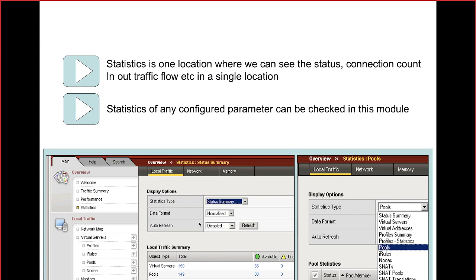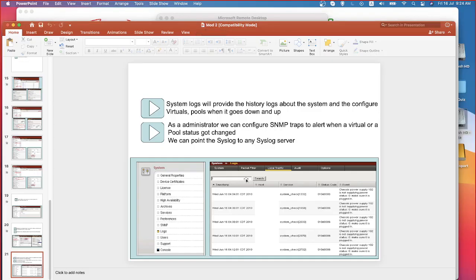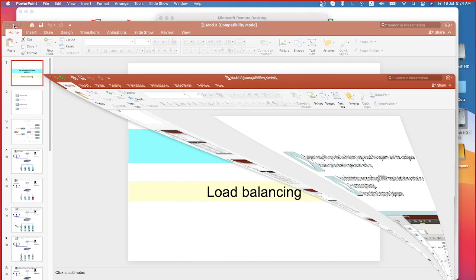You can get into the statistics to get the complete details. You need to explore each and every component there and try to understand what is going on before you go to production. Get more clarity on these devices, so that the moment you go to production, it will be simple to understand what is happening in your infrastructure. Logs we will see in a later class. I'm not going to do anything on the logs for now. Any questions as of now?